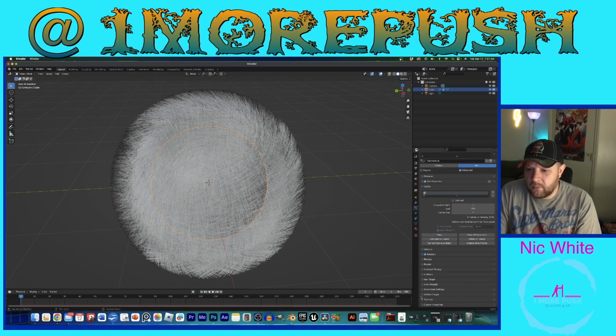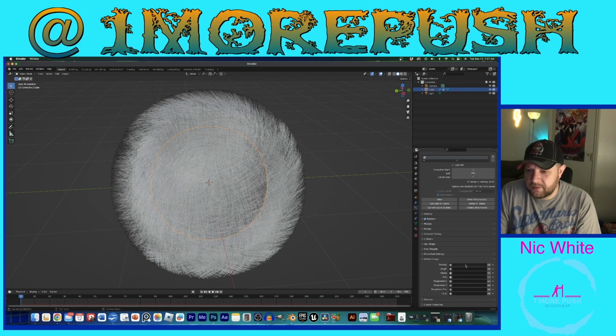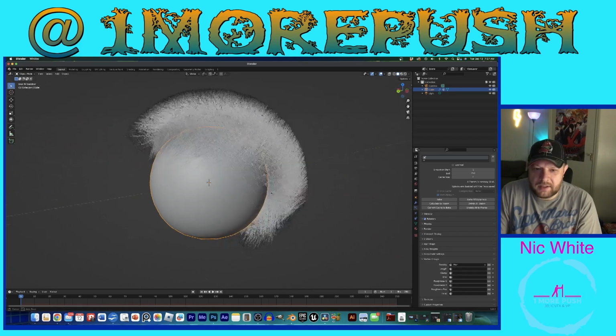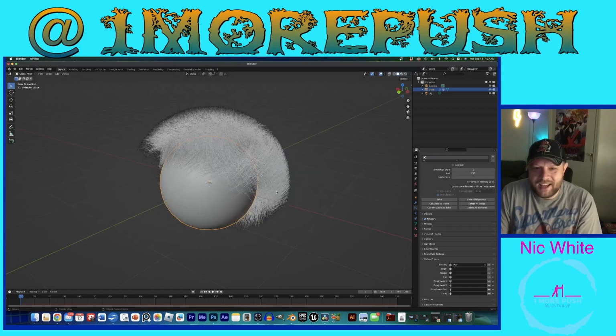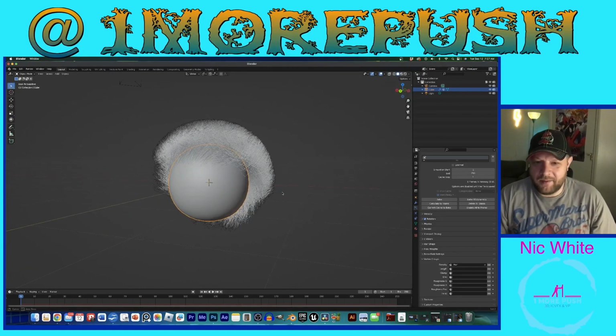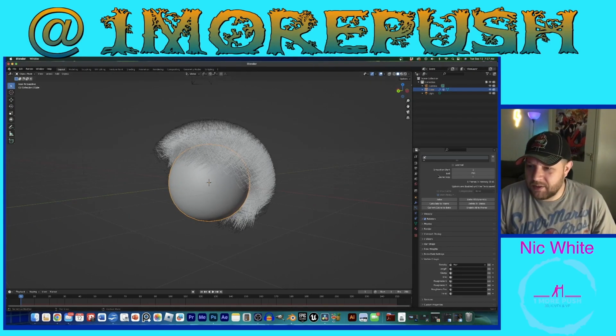And finally, we'll go to our vertex groups, click density, and select our vertex group. Cool. And just like that, with one click, we have hair. And it's assigned to this specific area as we want. So now,